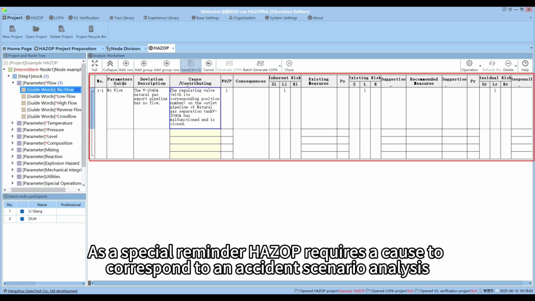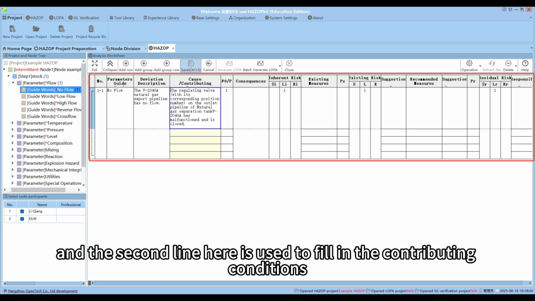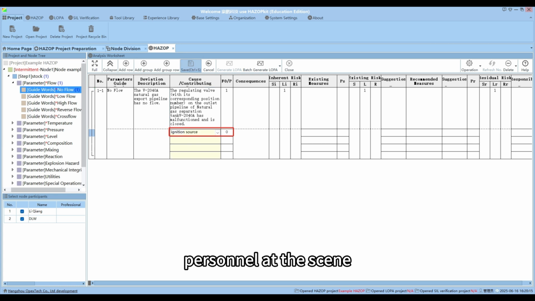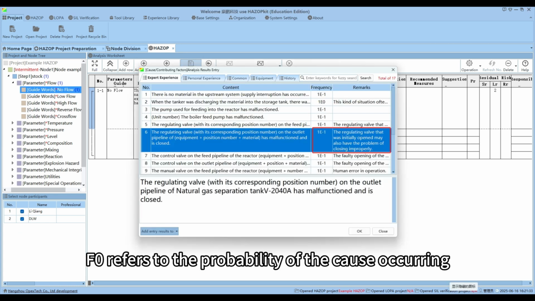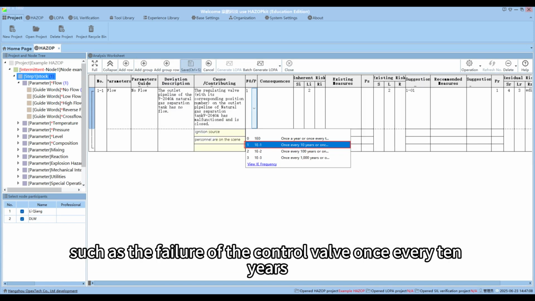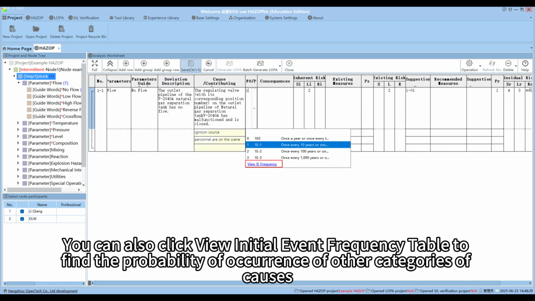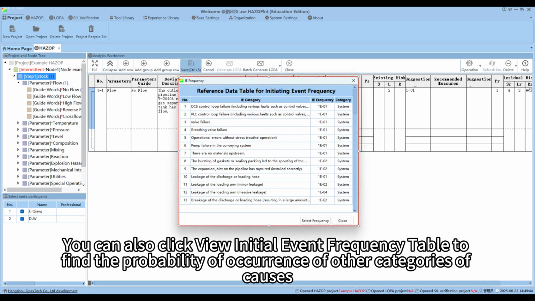As a special reminder, Hazard and Operability Study requires a cause to correspond to an accident scenario analysis. The second line here is used to fill in the contributing conditions, such as the source of fire, personnel at the scene, etc. HAZOP refers to the probability of the cause occurring, such as the failure of the control valve once every 10 years. Choose one here. You can also click View Initial Event Frequency Table to find the probability of occurrence of other